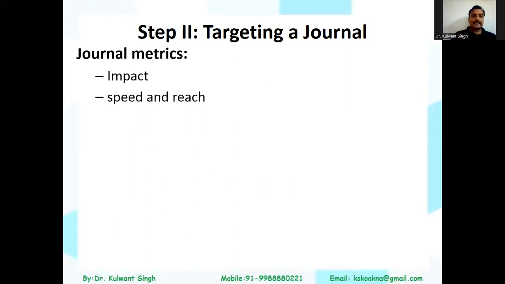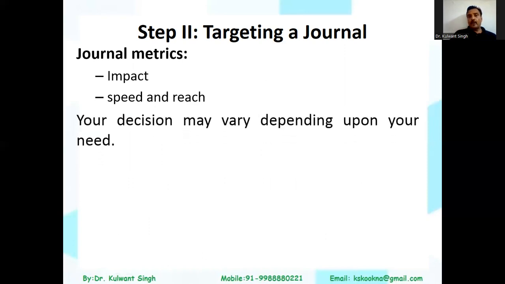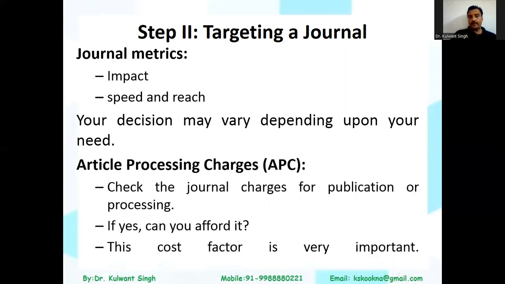Then next is the journal metrics. It means impact, speed, and reach. This may be one of the criteria in the selection of a journal. Your decision may depend very much upon your requirement, your need. Right. The next parameter may be the APC,